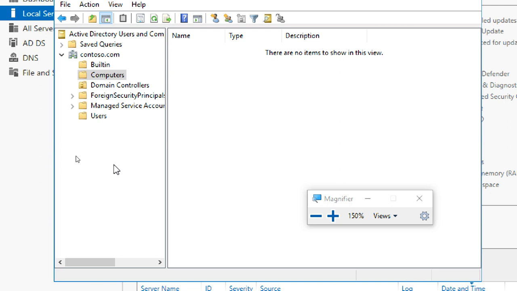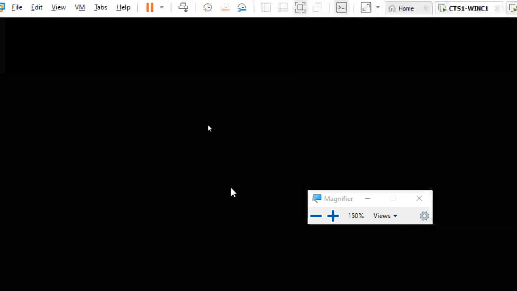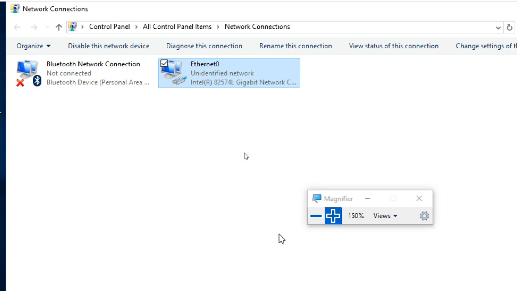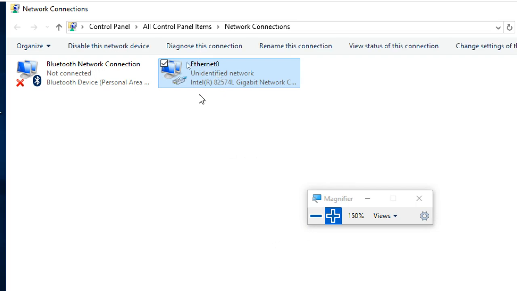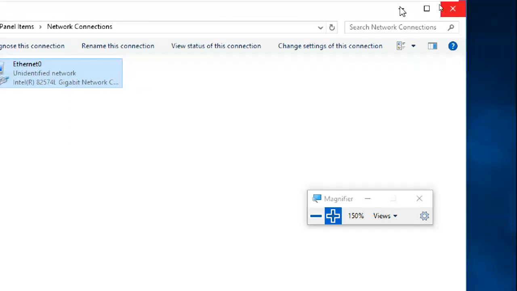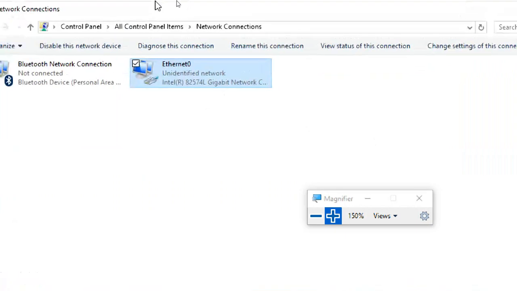But I explained what we do on the client side, so we have to go to the client. Click on the screen, and make sure that you are in the same network.